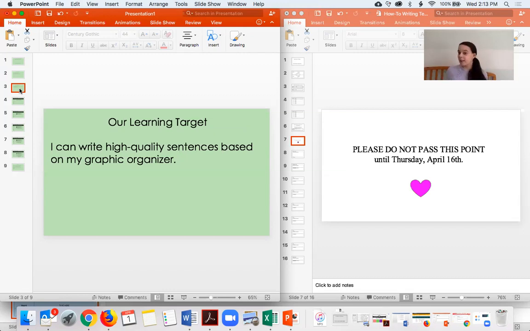Now, we are working on the computer, so this is new to us, right? We don't usually type on the computer unless we're talking about practicing our typing skills, but we normally just write our writing right on the paper. But now that we're using our computers for the next little while, however long it's going to be, we have to make sure that we are capitalizing the first word in our sentence and putting a period or an exclamation point or a question mark at the end of every sentence, okay? So your target again is that you can write high quality sentences based on your graphic organizer